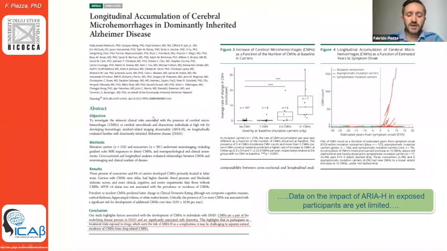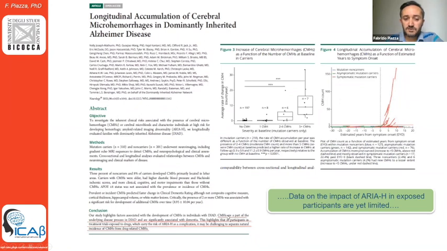And this is a very recent paper reported in the dominantly inherited Alzheimer's disease cohort, where they investigated the natural incidence of ARIA-H events, likely related to the underlying CAA pathology in these patients, and they show that there is a clear increase in these events during disease progression. And the authors conclude that this means that it will